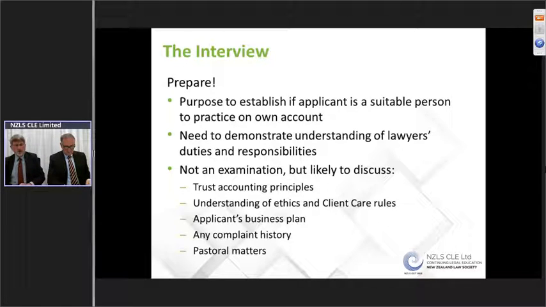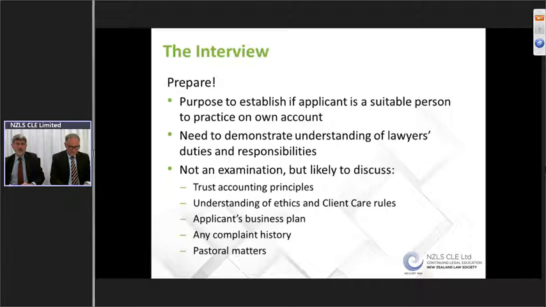The interview will usually be conducted by 2 senior lawyers, one of whom will be a barrister if you're going into practice as a barrister, or if you're intending to operate a trust account, one of the Law Society inspectors will also be an interviewer. It's not strictly an examination, but your interviewers will work through a checklist of questions to ask a number of questions about your understanding of your duties and responsibilities as a lawyer, your understanding of trust accounting principles, ethics and client care rules,